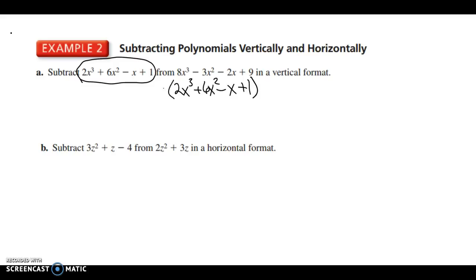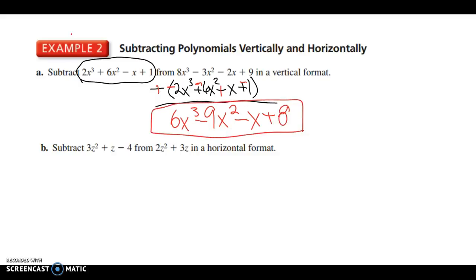And I'm subtracting it, so I'm going to put it in parentheses and make a negative here. Now you could also just say plus negative, make that plus, and make that negative. You can change all the signs. That might be another way you want to do this. So now looking down, I have 8x to the third minus 2x to the third. I have negative 3x squared minus 6x squared. And I have negative 2x plus x. And then my final answer